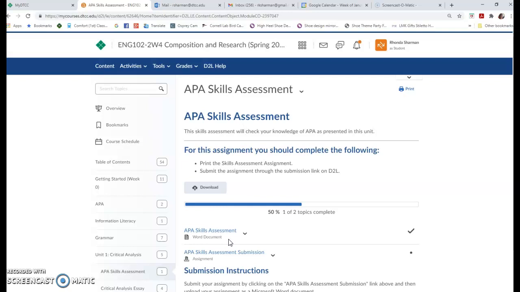Later on, when you start working on your research paper, you will be working with lots and lots of sources. So now is the time to feel a little more comfortable with APA. So persevere. Don't be surprised if your first go round is a 0. You may refine and resubmit as many times as you need to until you get your 25 points. Hopefully that will help you with this assignment.